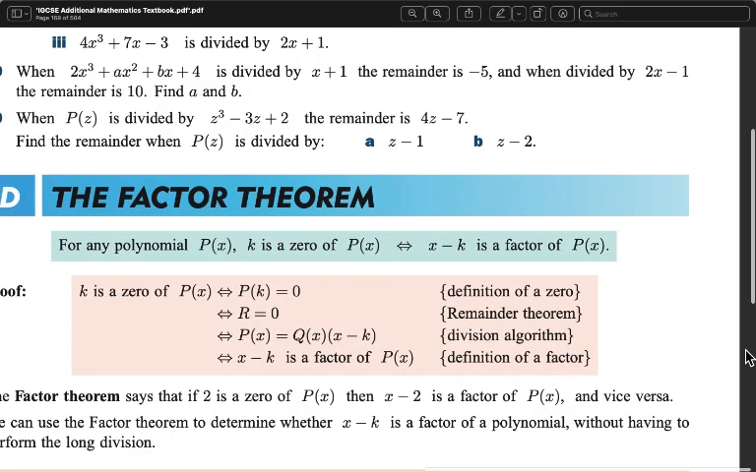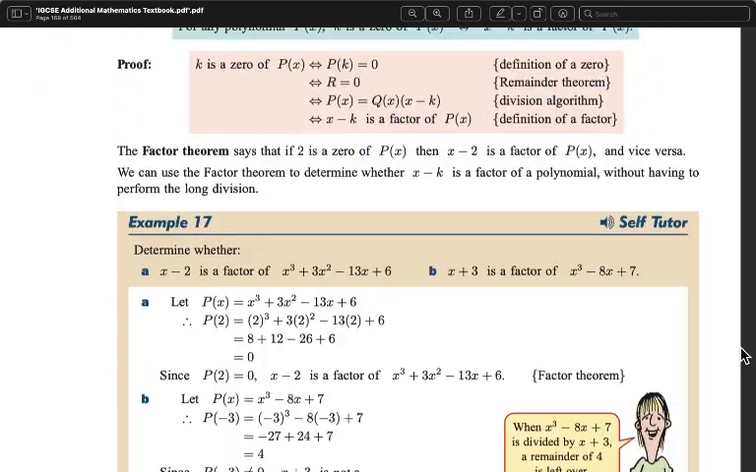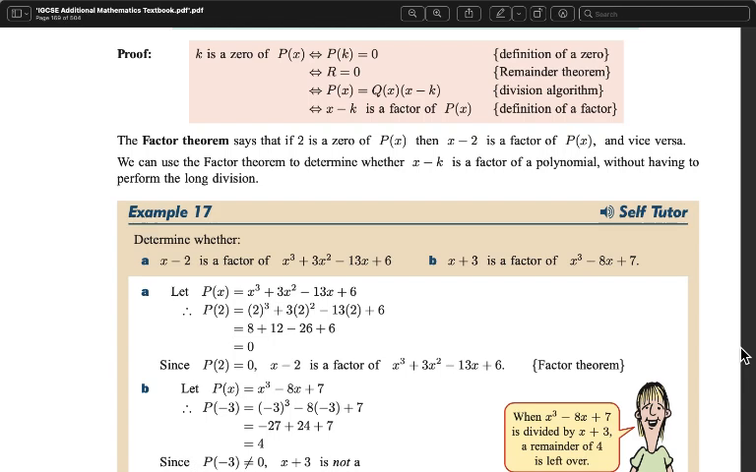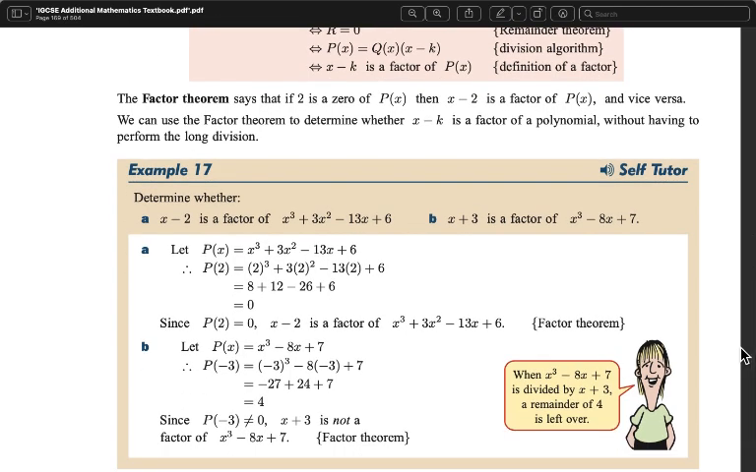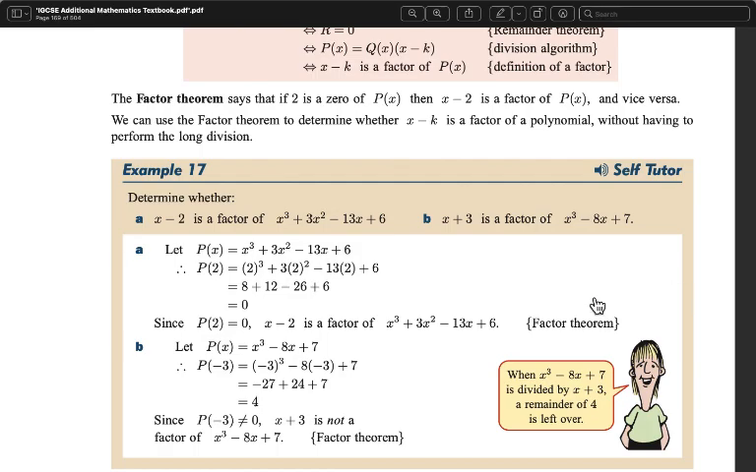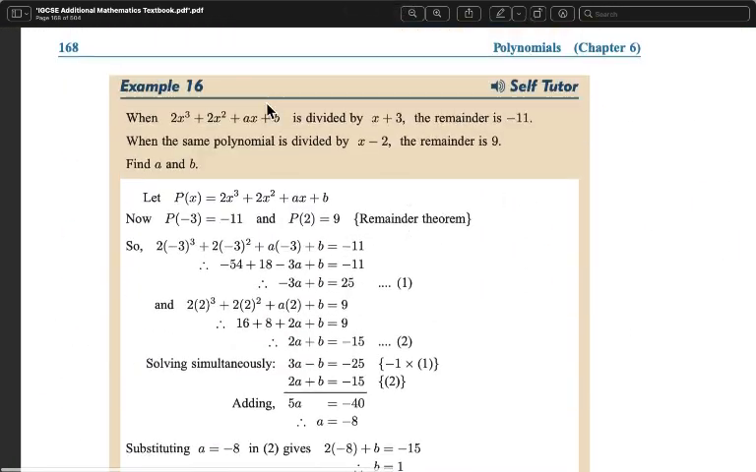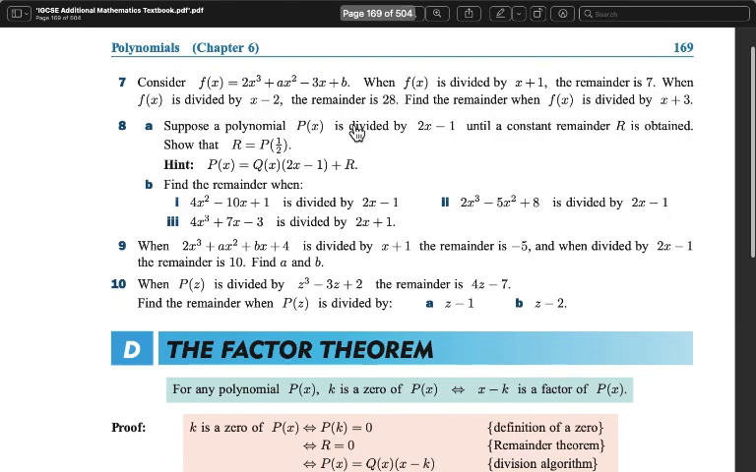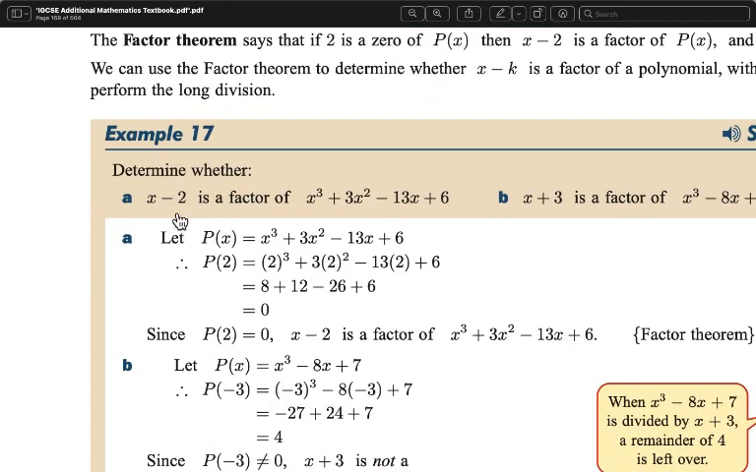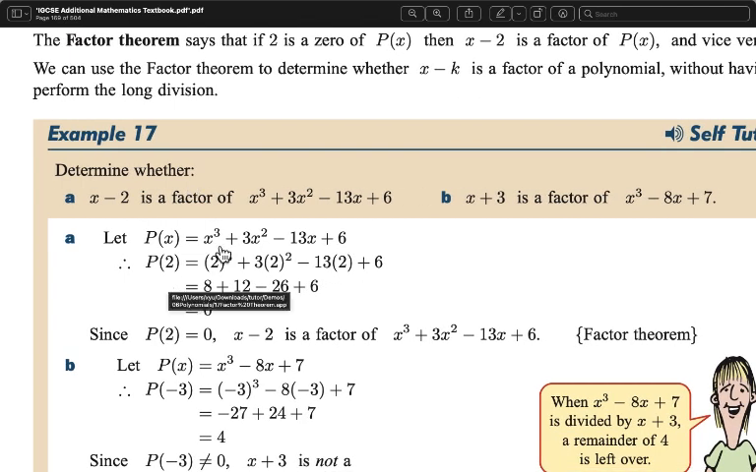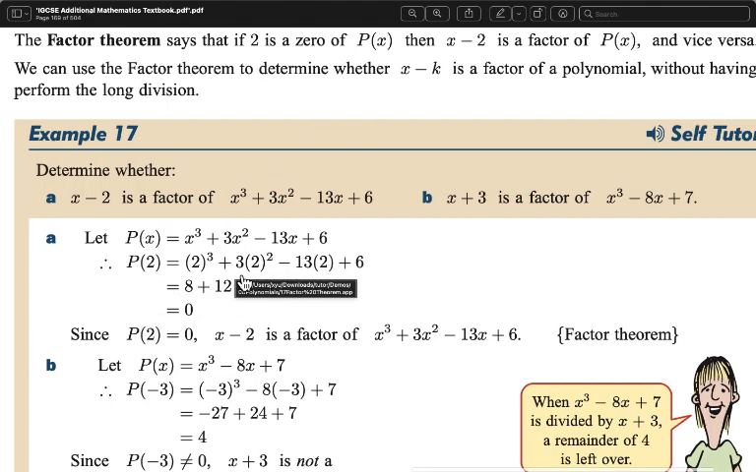And now here goes the last theorem, the factor theorem, which is a bit similar, but for the factor theorem, there is going to be no remainder, which means that when given x minus 2 as a factor of this one, the remainder is always going to be 0, rather than giving you another remainder value when using the remainder theorem. For example, looking at this question, x minus 2 is a factor of x cubed plus 3x squared minus 13x plus 6. When x equals 2, input it in the equation, 2 cubed is 8 plus 3,